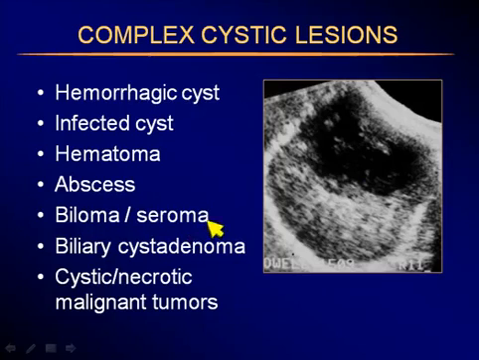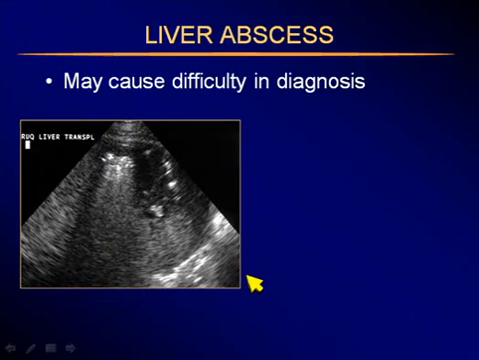It could be a biloma or seroma, could even be a large biliary cystadenoma, or could be cystic or necrotic degeneration within a metastasis or a malignant tumor. Liver abscesses sometimes cause trouble in diagnosis. A liver abscess, when it has fluid and debris, is fairly easy to spot, but when it has bubbles of gas or pockets of gas,